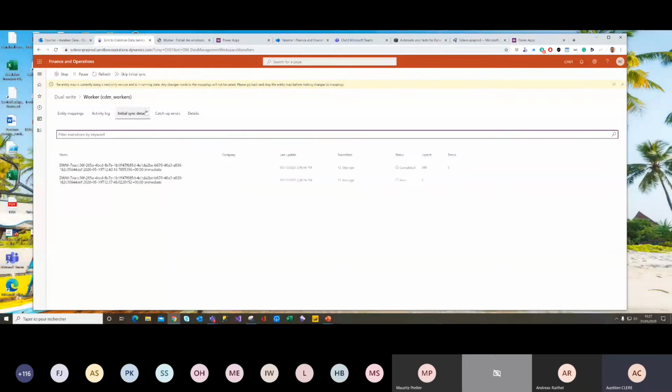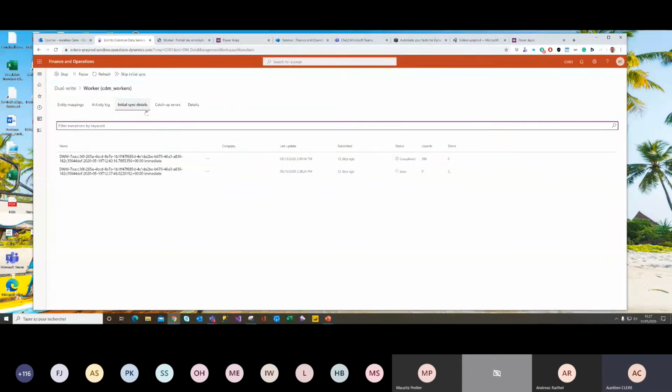Of course, the first thing to do when you have done the entity mapping is the initial sync. When you do the initial sync, it will ask you what your master data is.